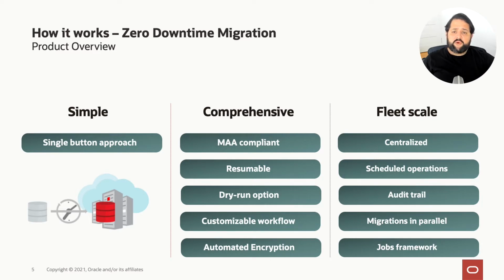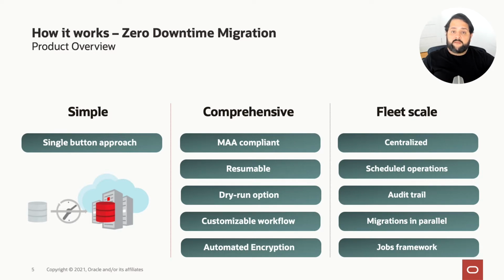Also, really important, we have a dry run option. So basically, this means that we can perform a migration without actually migrating your database. What that means is that you will be doing an evaluation mode. Basically, ZDM will mimic what would happen during the migration, and then tell you, okay, everything went perfectly, there's no problem whatsoever. Or actually, during this phase or this other phase, you need to correct some action before you go with a real migration. So you do that then, right? We also have the possibility of customizing the workflow in different ways.